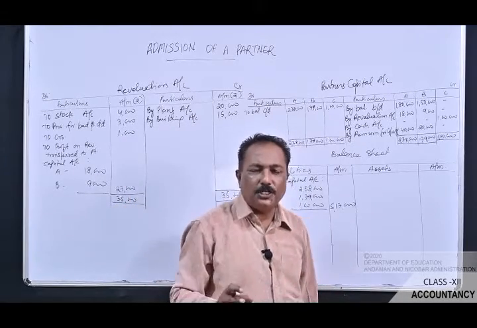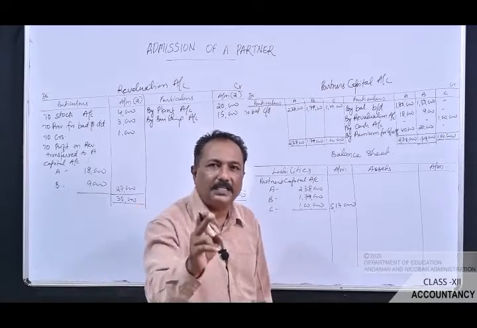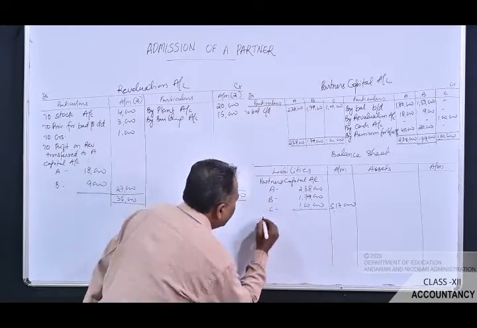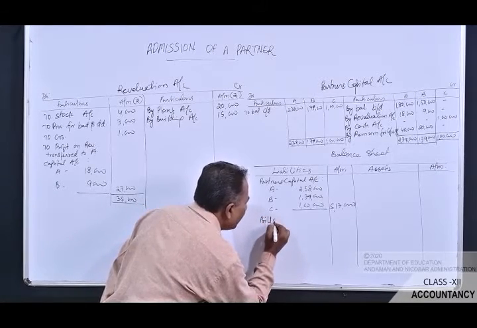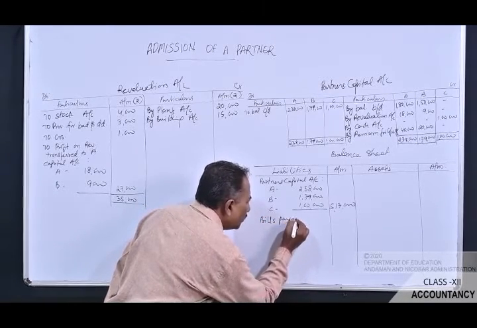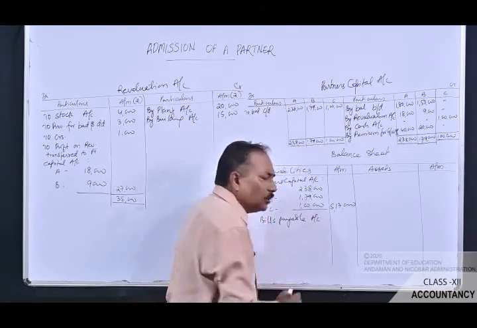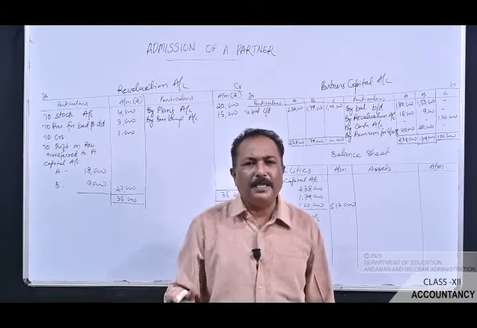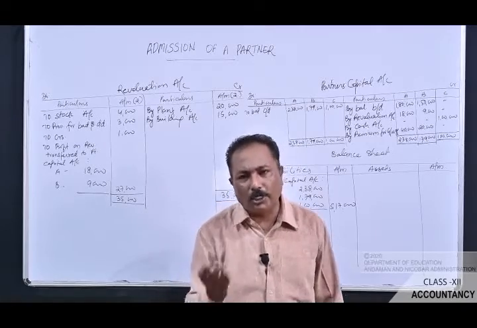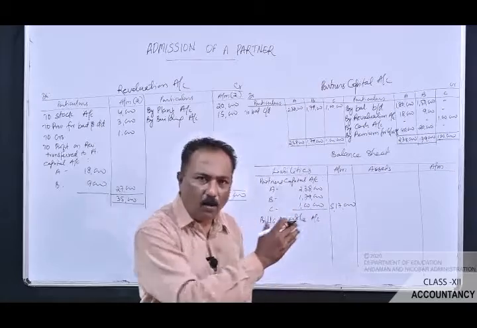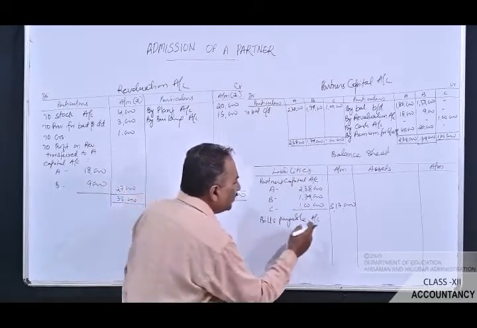In the old balance sheet, the very first item that is given on the liability side is the bills payable. So write down here as the bills payable. Now you have to write down the amount. Now see, the value of the bills payable has neither increased nor decreased. So you have to write down the same amount which is given in the old balance sheet. So what is the amount given in the old balance sheet?